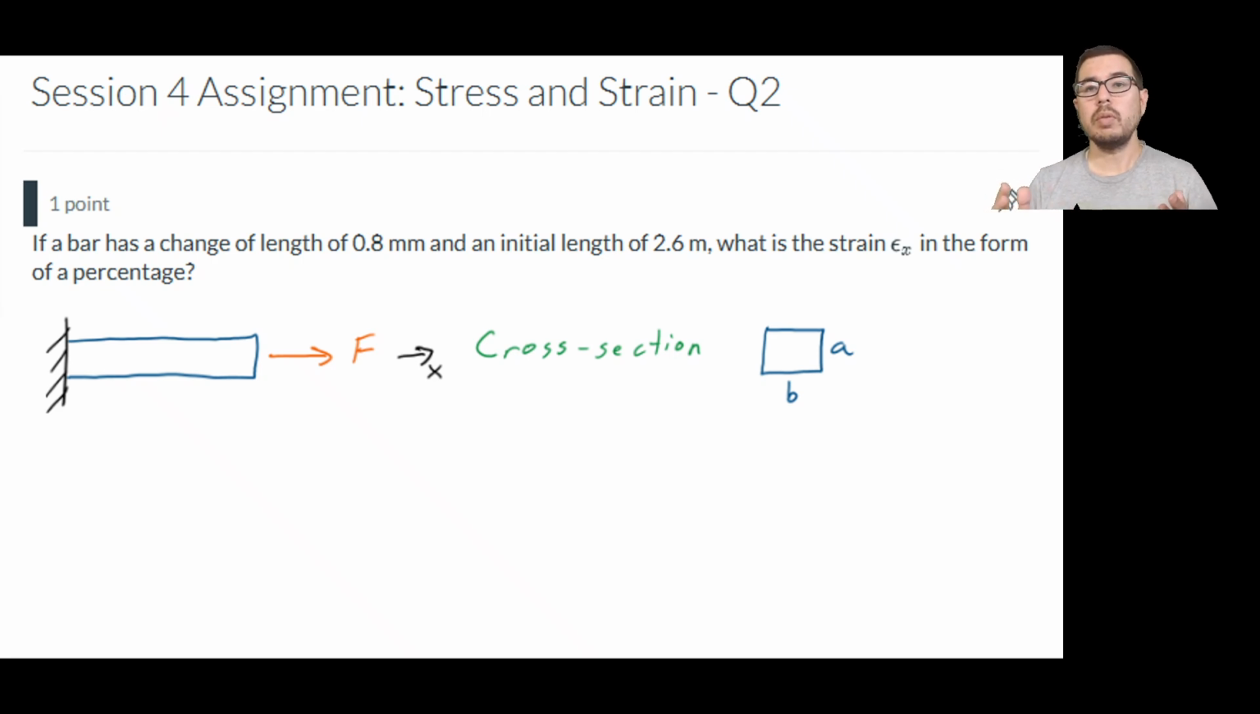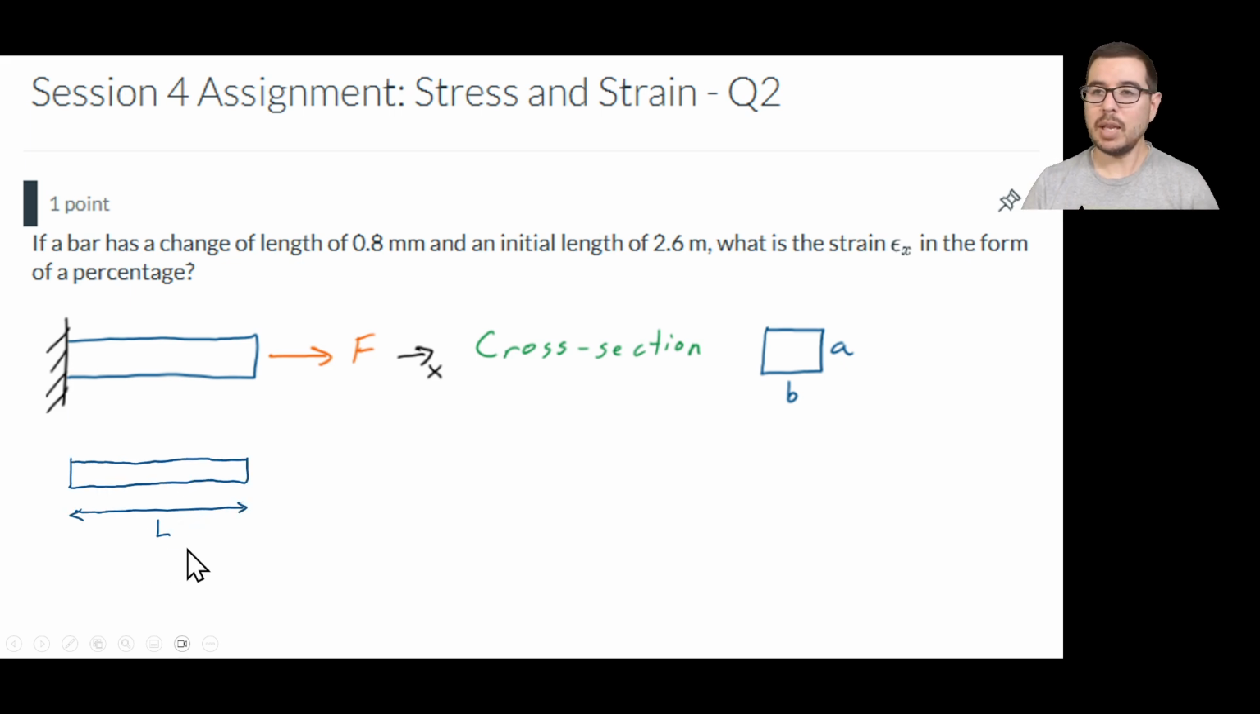In this problem, we're going to look at the strain in an axial loaded bar. We have an initial length of 2.6 meters and a change in length of 0.8 millimeters. Our goal is to calculate the strain in the x direction. We're going to use units of percentage, if you can even call percentage a unit, because this is going to be dimensionless. So we have our bar with some length, and it extends a little bit